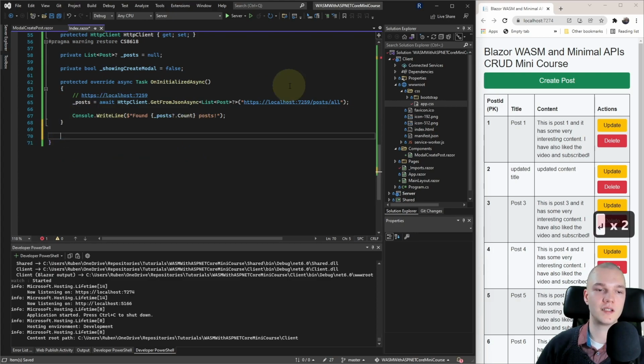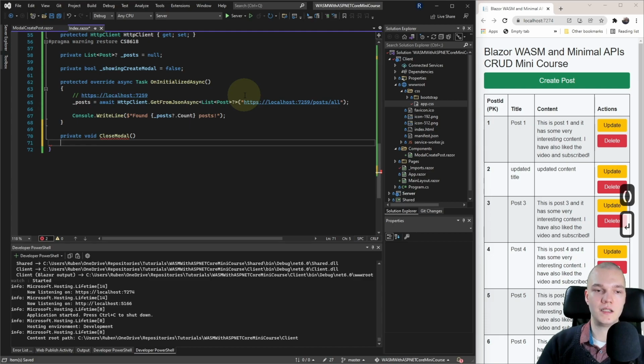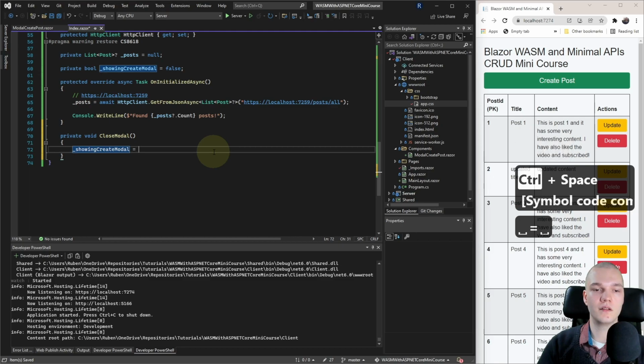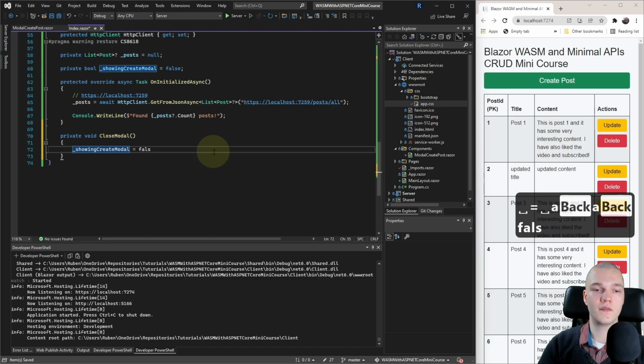And below OnInitializedAsync, I'll add private void and then paste the CloseModal, parentheses, curly braces. And the only line I want to run here is _showingCreateModal equals false.